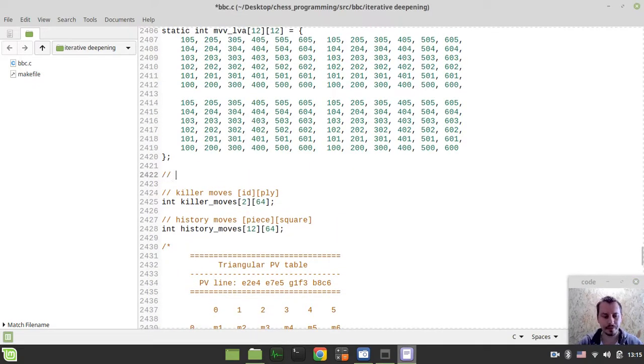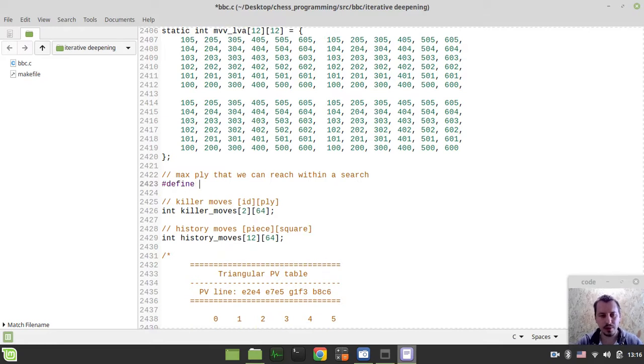I want to define the maximal ply that we can reach within a search. So I just want to define a variable called maxPly like this, and it would be equal to 64. So now everywhere we're dealing with our plies, I just want to use this